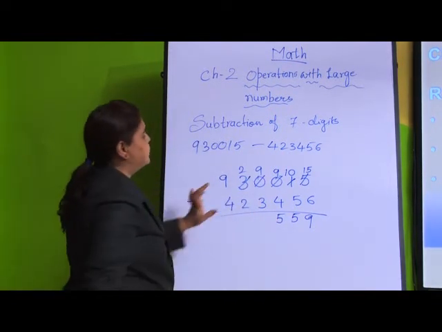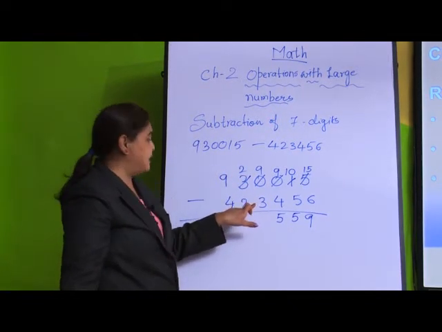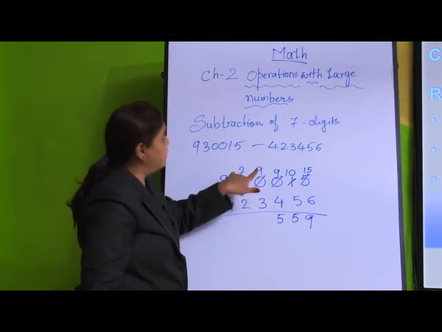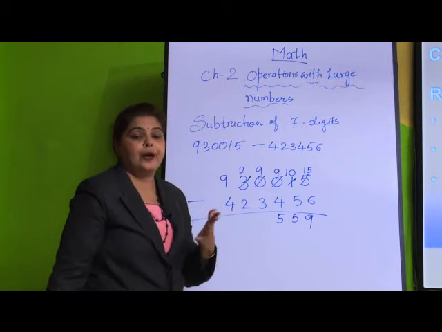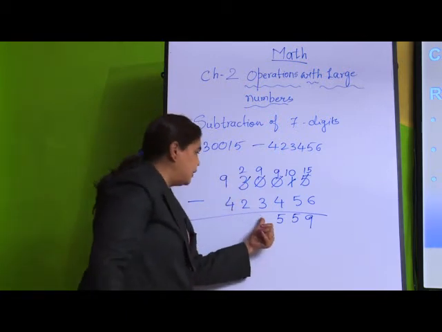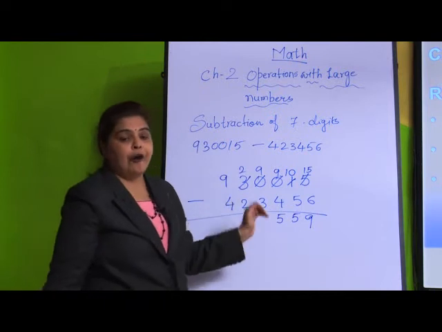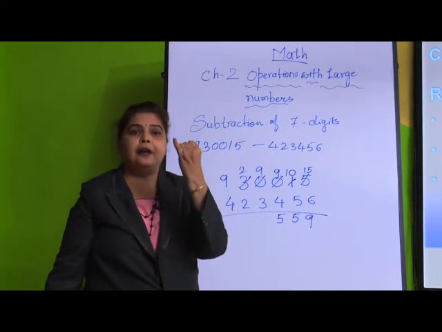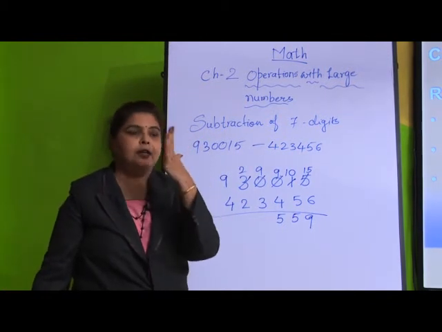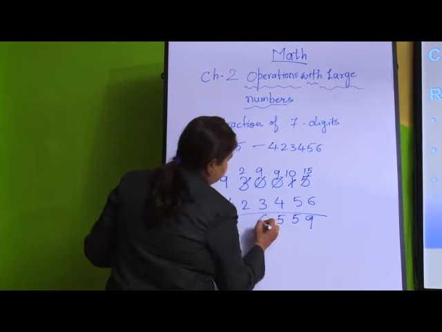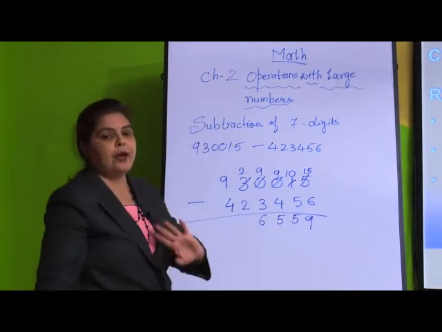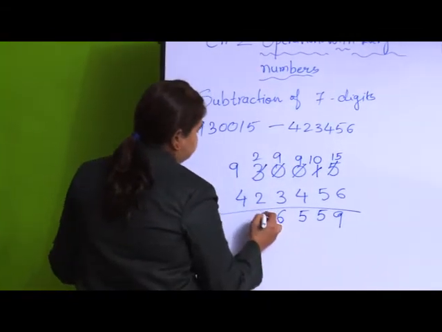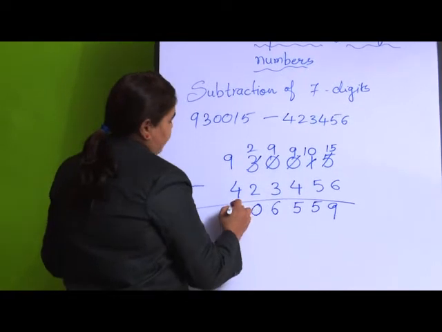Here 9 minus 3, you have to count from this number, and after this number you have to stop at this number. Whatever number of fingers you get, you have to write here. So, simple. 9 minus 3, after 3, 4, 5, 6, 7, 8 and 9. So, my 5 fingers and 1, that is 6. So, here I will write 6. What is 2 minus 2? 2 mangoes I am having, I ate 2 mangoes. Nil, that is 0. So, here it will be 0, and 9 minus 4 is 5.